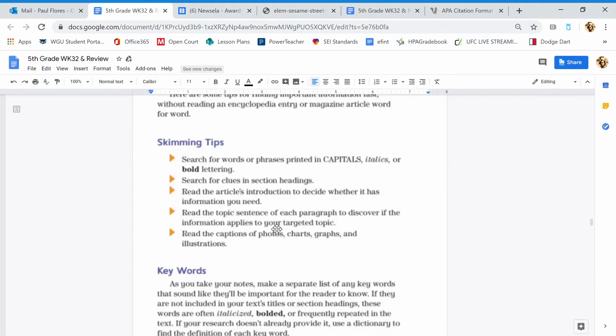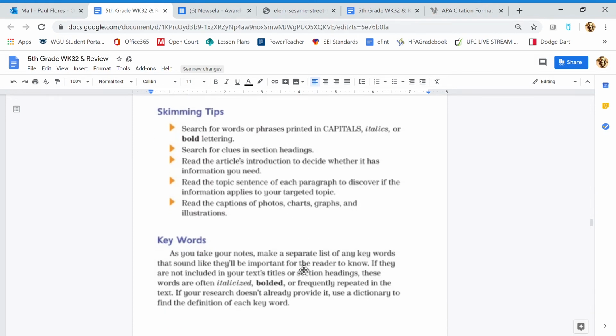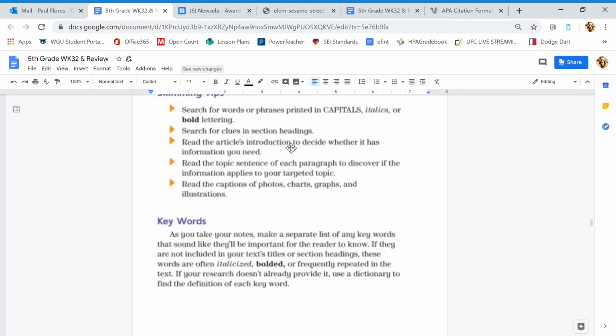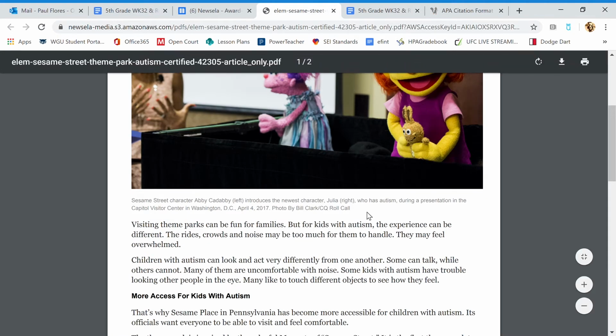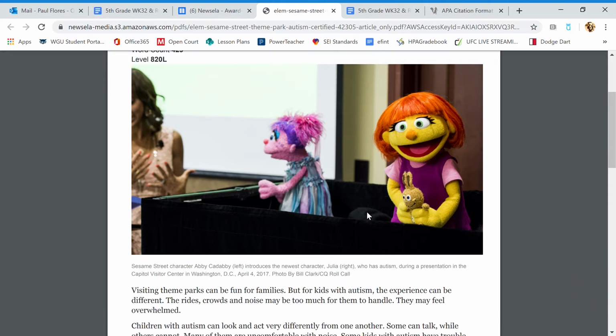read topic sentences for each paragraph. You guys know that because that's the main idea. Search for clues in section headings. We did that. And then it mentioned, where is it? Read the captions of photos. Very important. And this is all from your browsing techniques that you practice in reading class, but I figured I'd